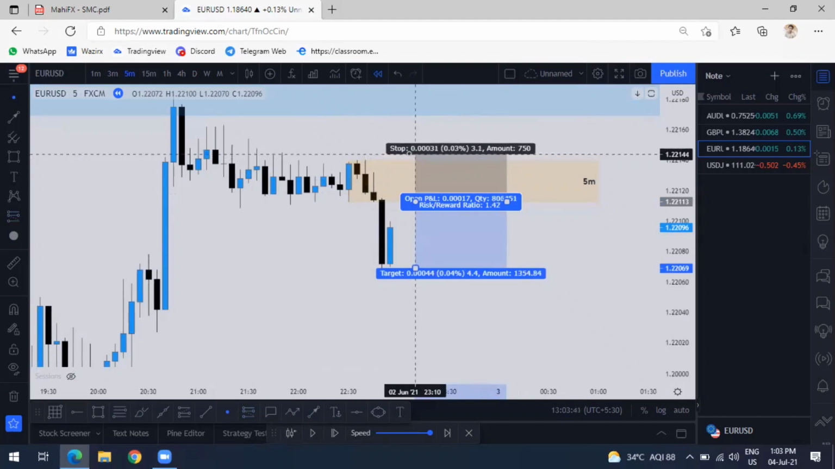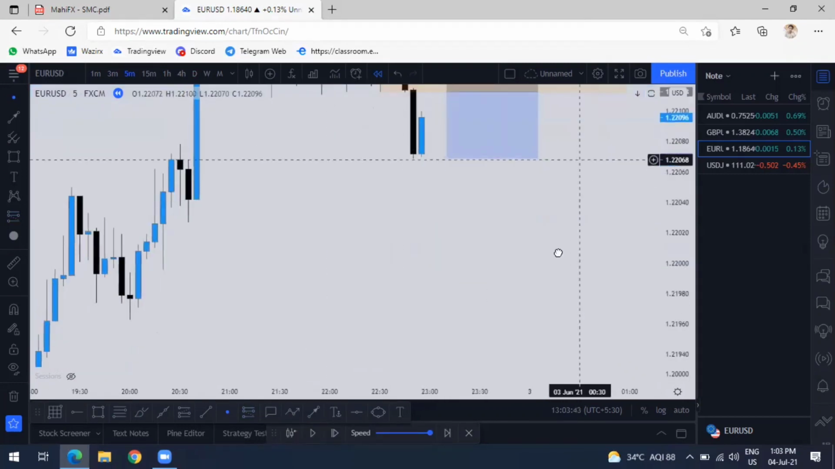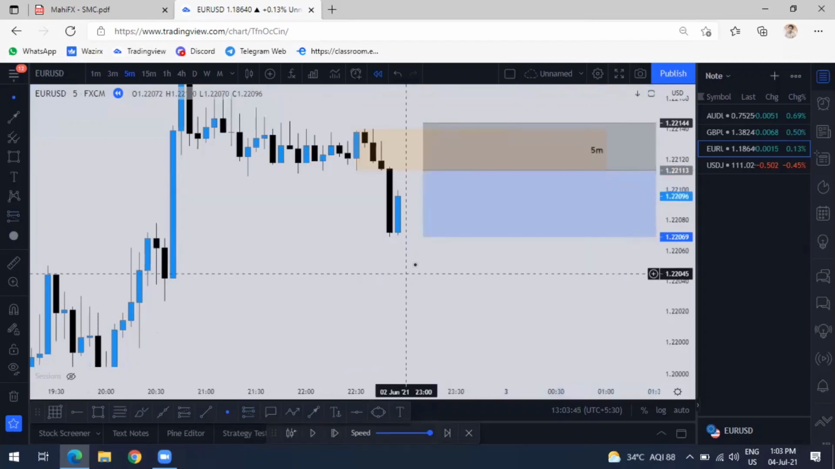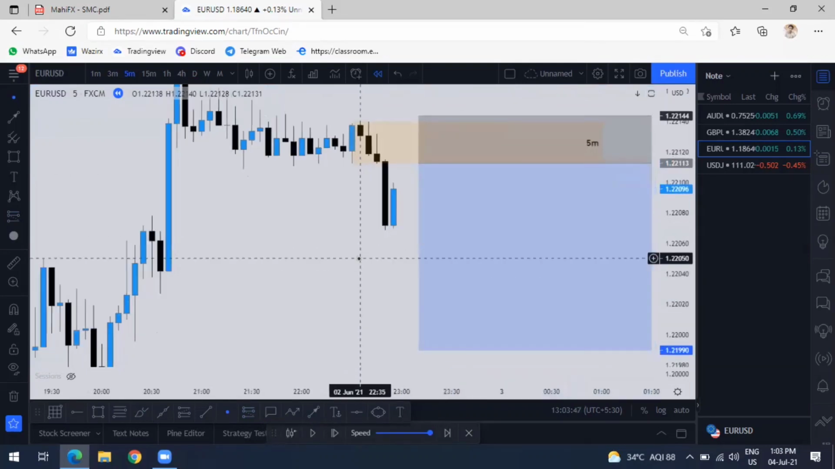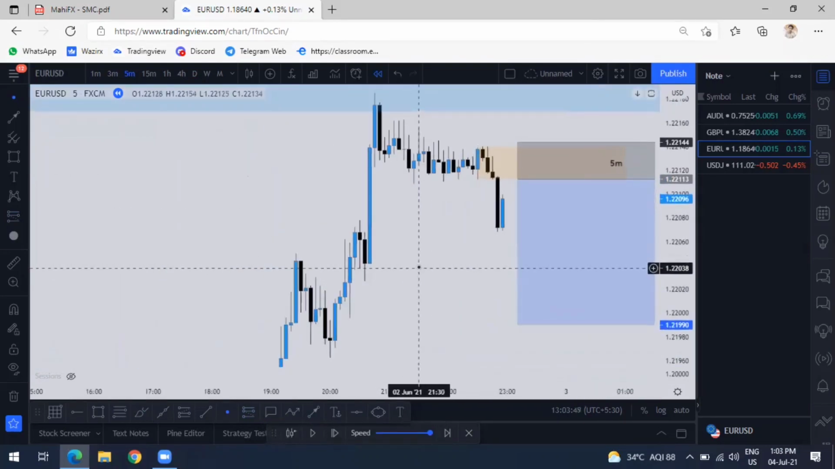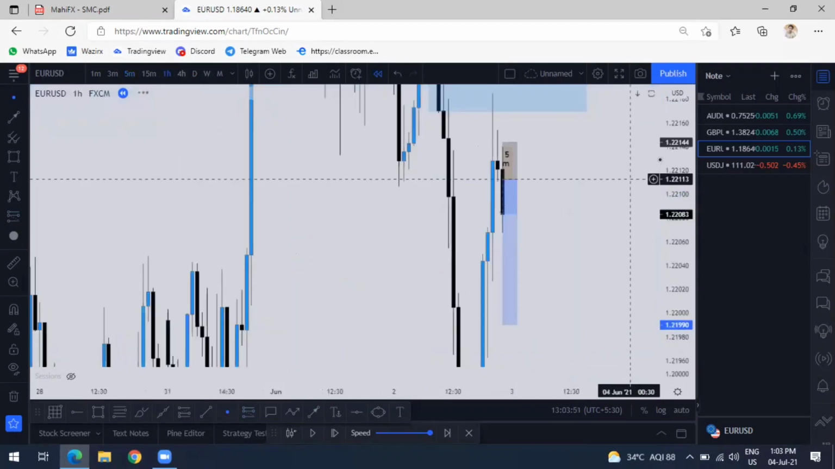Okay, now where is my target? Where should I keep my target? Target is always based on the chart where you took the order block. Now we took the order block on the 1 hour chart, right? We will just go